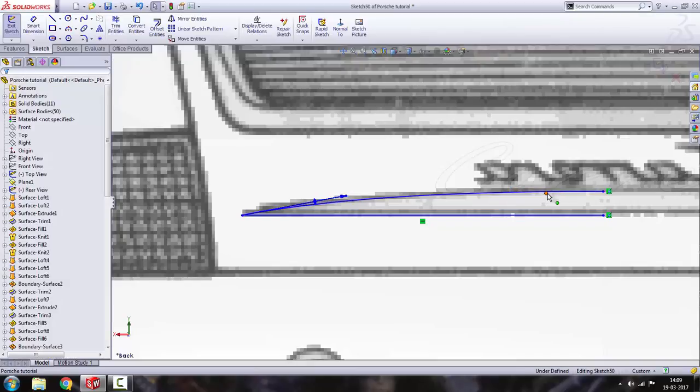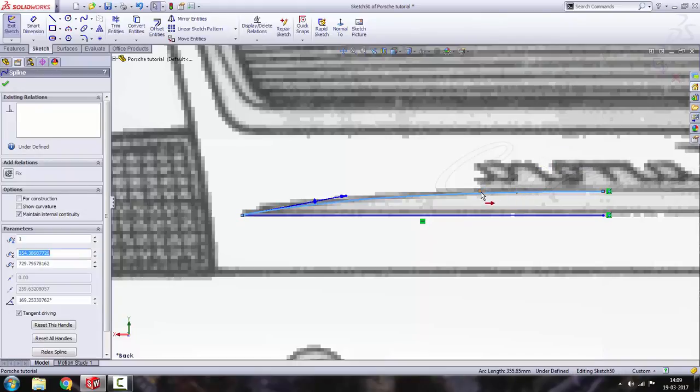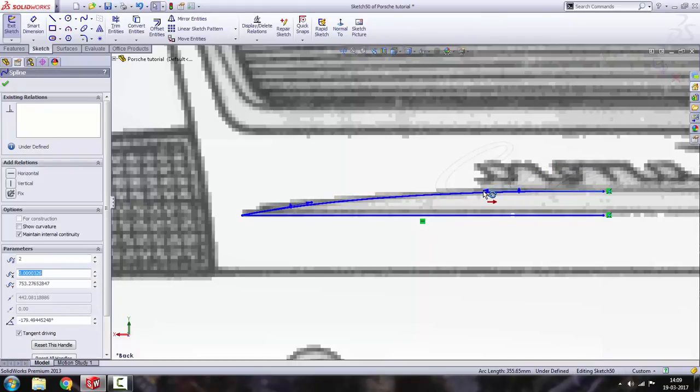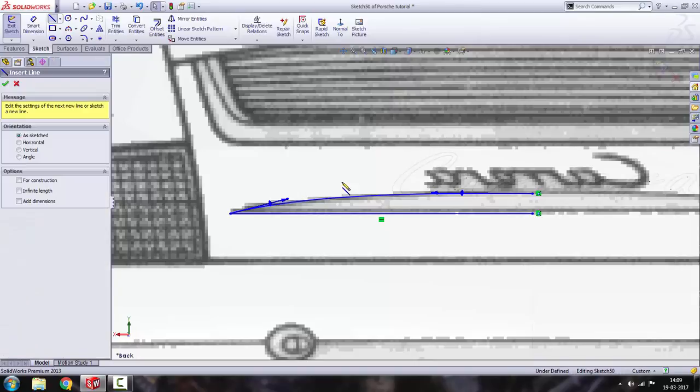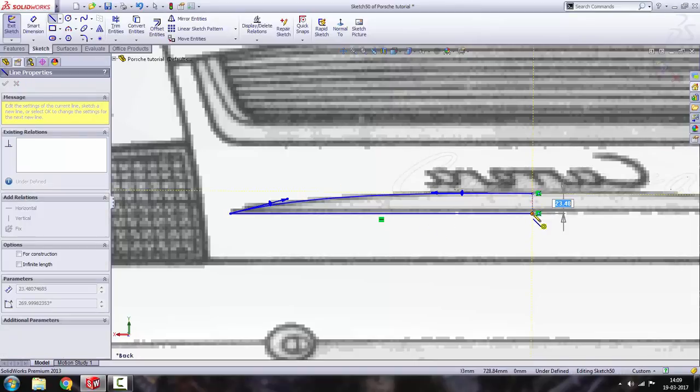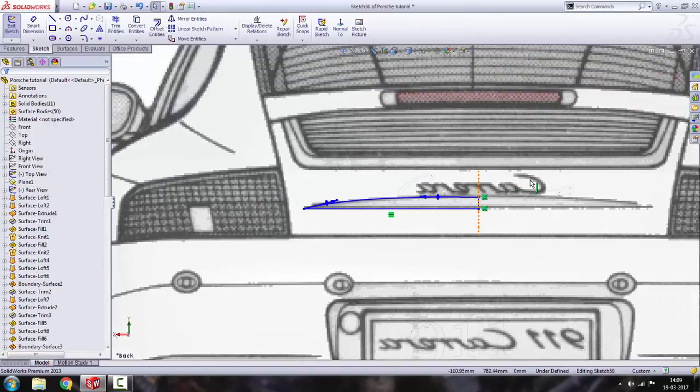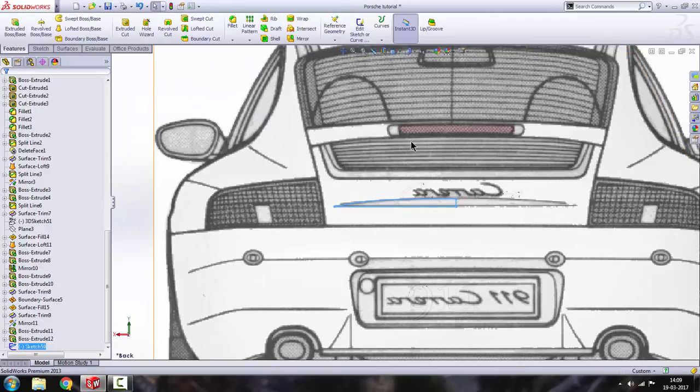Here you can see. Now what we'll do is, you can see our sketch is open. We'll go to line and simply close this one, press escape and get out of the sketch, keep that selected,